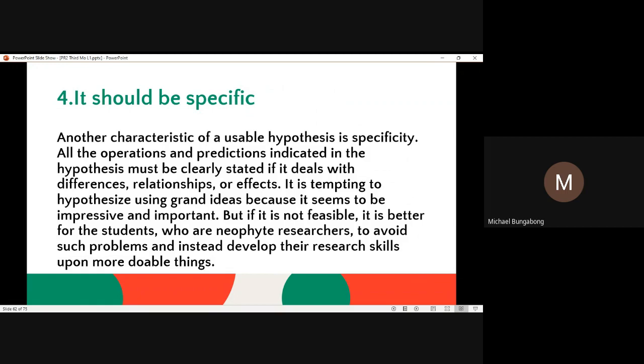It is better for you to what? To avoid it, no? Especially for a neophyte researcher, meaning mga baguhan, no? You are just discovering yourself and trying to understand the process. Okay, I understand where you're coming from, but of course you have to check what are the good skills that you have, or for your advantage. Okay,